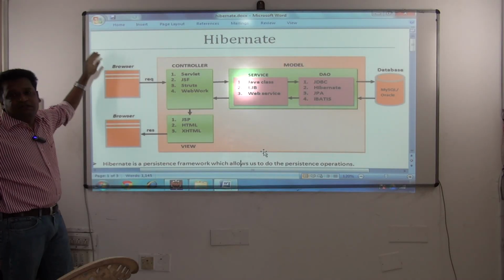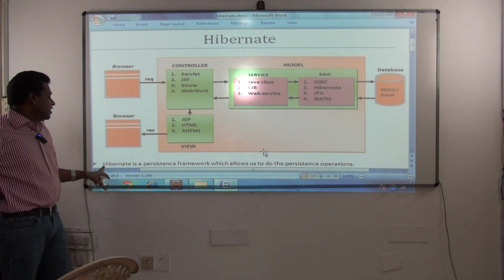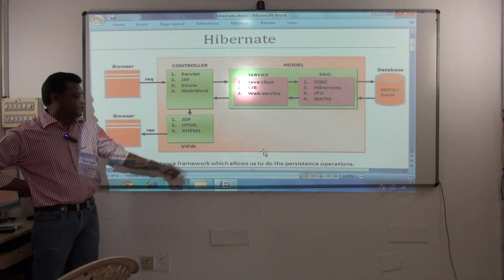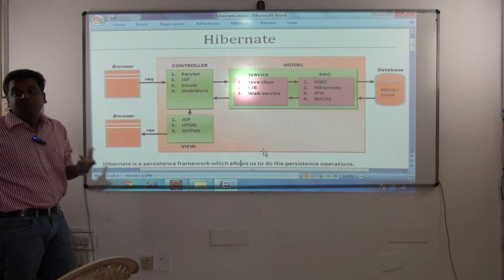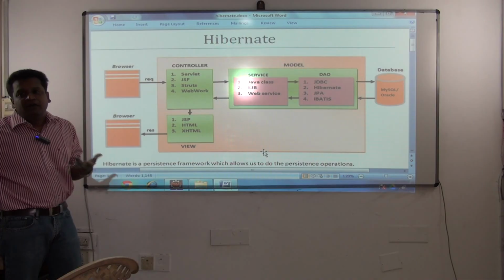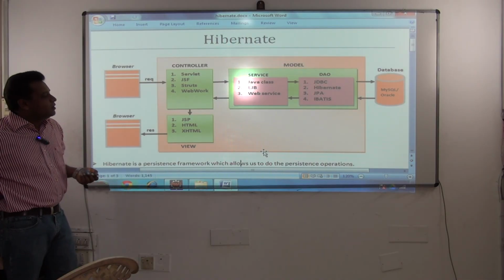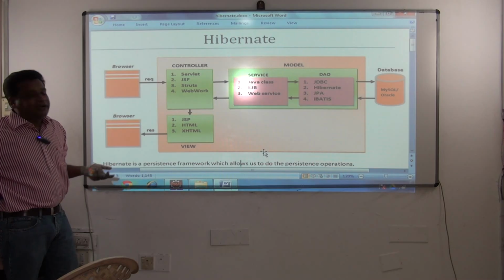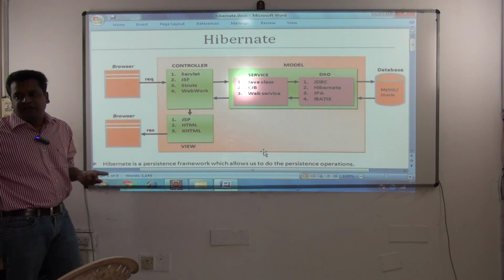Okay, today's topic is Hibernate. Hibernate is a persistence framework which allows us to do the persistence operations. It's also a persistence technology. Using this technology you can do CRUD operations. Means you can insert, read, update, delete, anything you can do. So now, to understand what Hibernate is, why it is used, and what the advantages of using Hibernate are, let